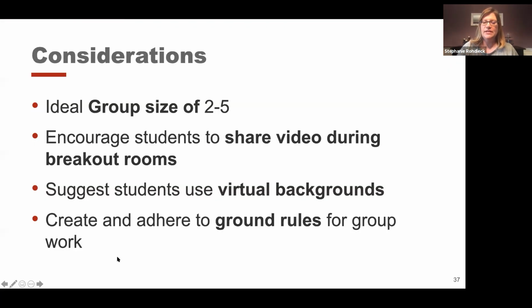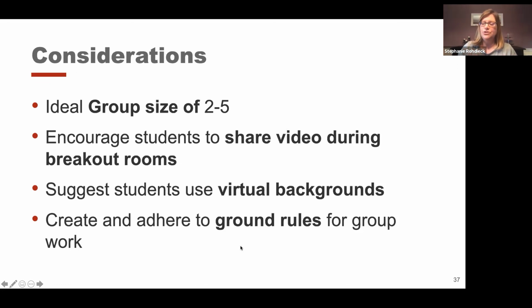I want to take a couple minutes before we end to talk through some considerations that maybe I haven't mentioned yet. So that ideal group size, just like you would do face-to-face, 2 to 5 is probably good. Doing things in partners is great. You can set it so that you have 2 in each, or you could do up to 5. I think 5 is really your limit. After that, you've got too many social loafers. That just happens naturally as humans. It's just too many people to organize. You have probably all been in meetings like me where there's 20 something people. It's hard, even with 8 people in a room trying to all work on something. So think about what group size makes sense for you.